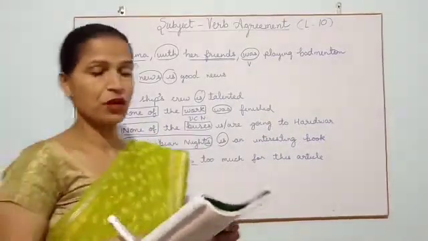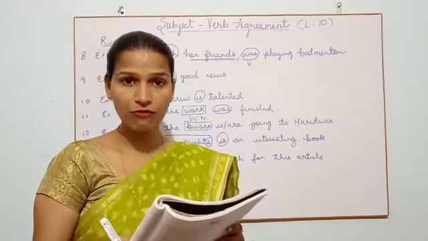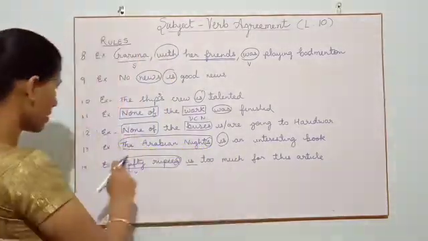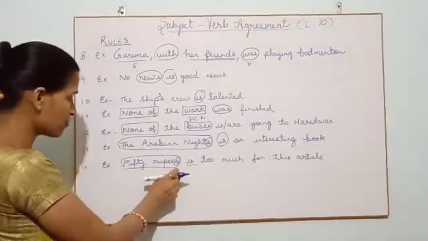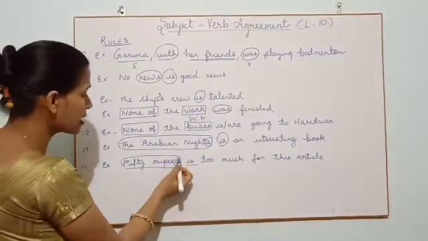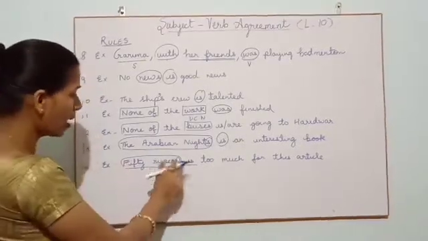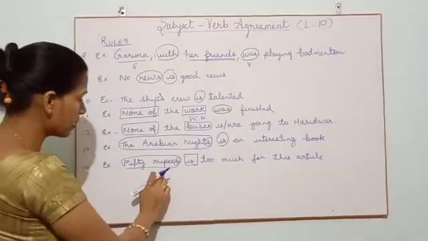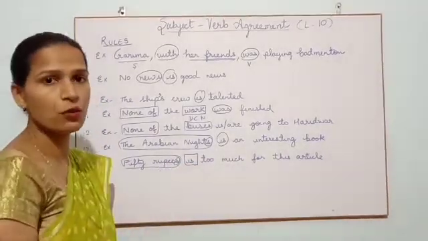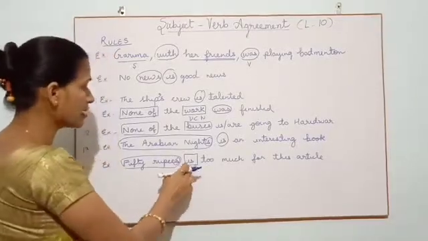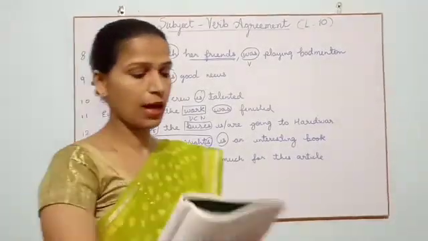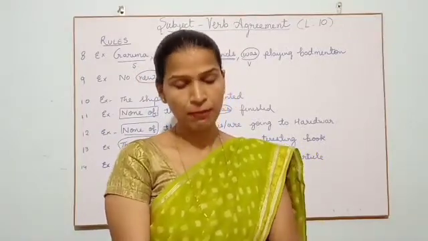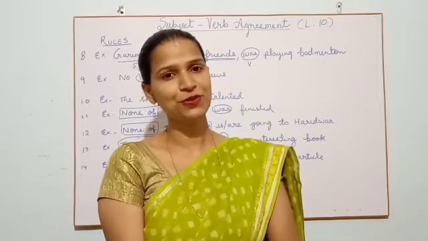Now the 14th rule says plural forms take a singular verb when they are used to indicate a sum or a unit. Here 50 rupees is a sum of rupees 50, and we can say this is plural, but it is a singular verb which we will take with the units or with a sum. That is about our 14th rule. I am quite sure you must have understood this chapter. We have covered lesson number 10. By this, keep on revising it. Thank you and take care.